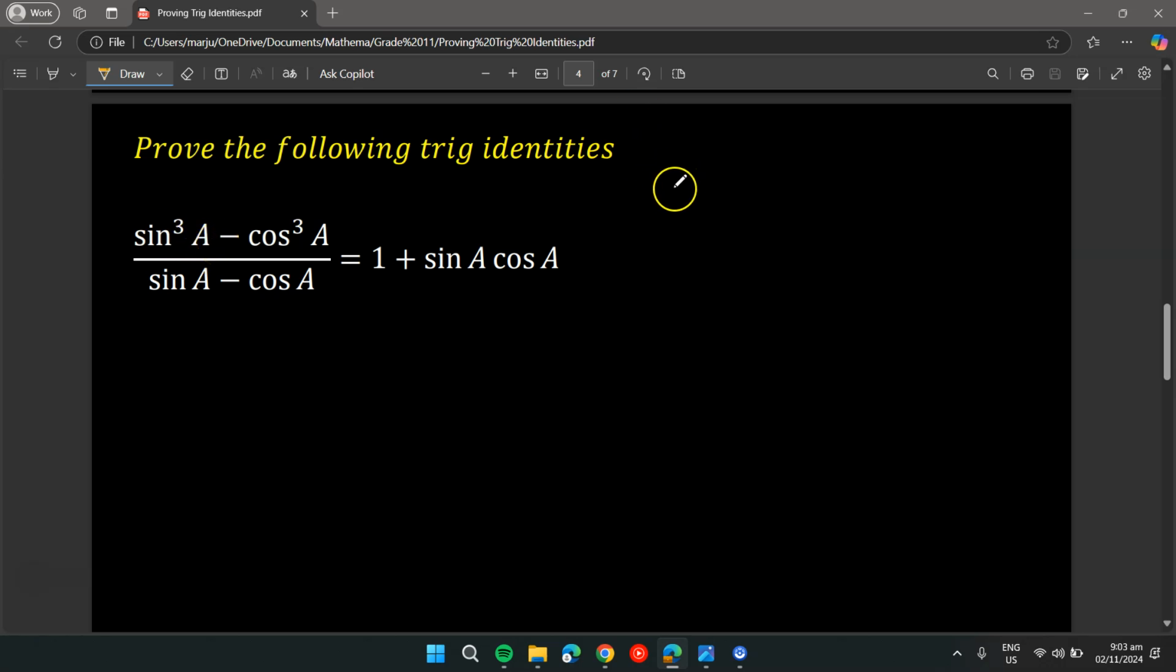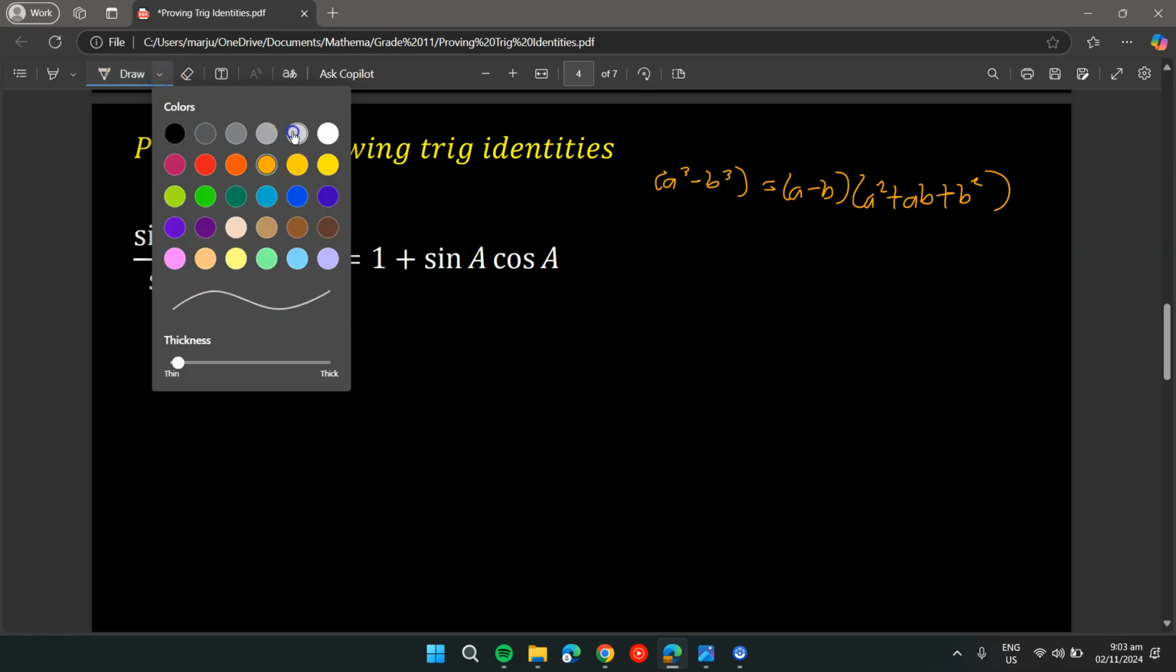Now remember, when you have difference of two cubes, example, you have A cube minus B cube. This is just equal to A minus B and then A squared plus AB and then plus B squared. Alright? So again, that is just that. So using our difference of two cubes, sine cube A minus cos cube A, this is just equal to